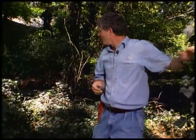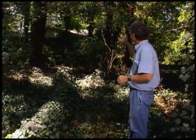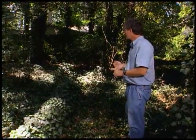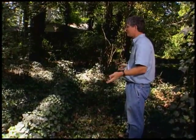The problem is that English ivy, if left uncontrolled, can be a real problem in your landscape. Look behind me and you'll see what I mean. What do you see? Nothing but English ivy, a couple of privet hedges, and maybe a couple of pine trees there. We have basically an ivy desert. No ferns, no native plants, no flowers, nothing but English ivy growing in this area because it was let to